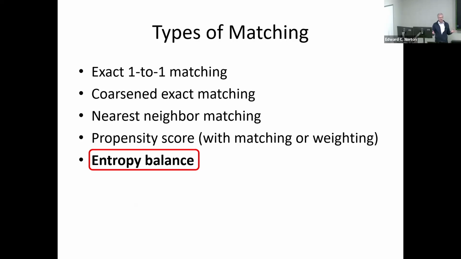So there are lots of types of matching. If you've done a lot of empirical work, you're probably familiar with some or most of these. The easiest one to think about is this exact one-to-one matching where the characteristics of this control observation are identical to the characteristics of the treated observation. And that's easy to think about. It's like what I just told you, but really hard to do in practice with real data, because if you try and match on more than about two things, it's very hard to find exact matches in your data. You typically lose a lot of sample size.